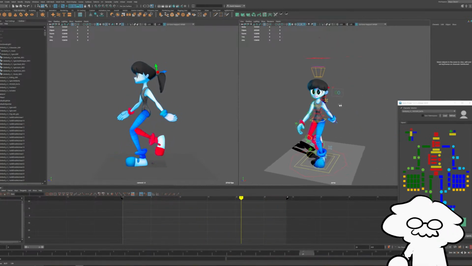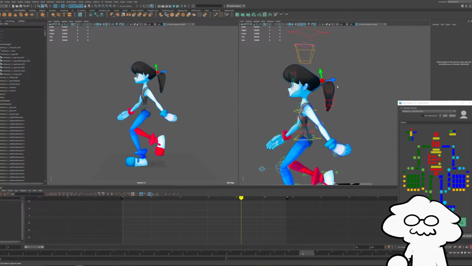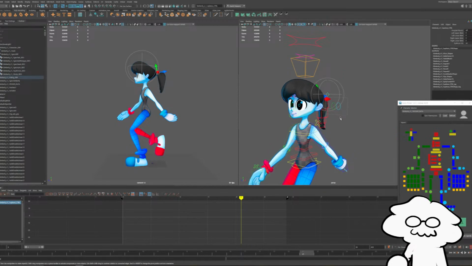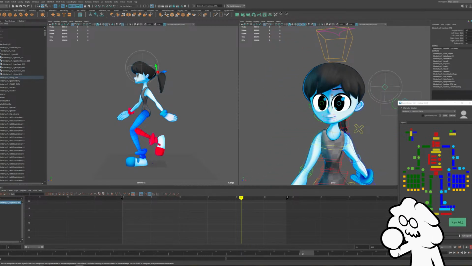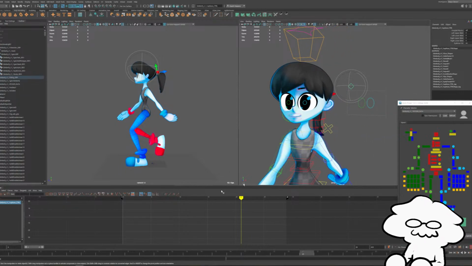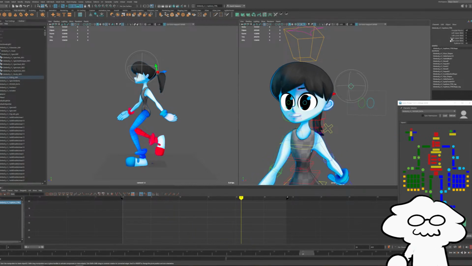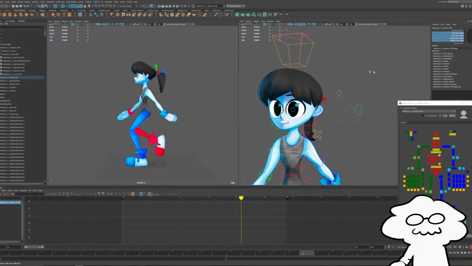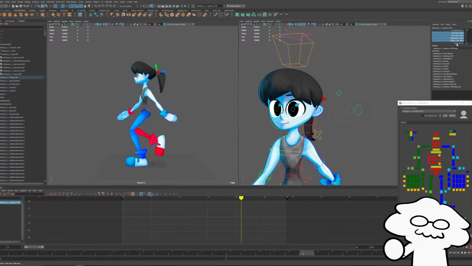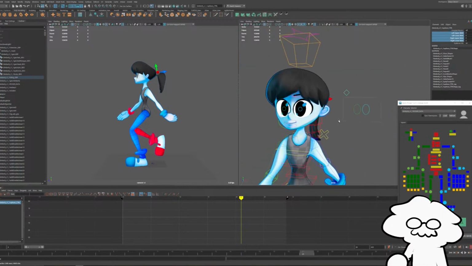Okay, I think one more thing we'll do, that and the ponytail, is I'm going to add a blink. So I just have a super basic face rig on Gimberly. Nothing too complicated, it just has blink controls, nothing too fancy with cheat controls or anything like that.